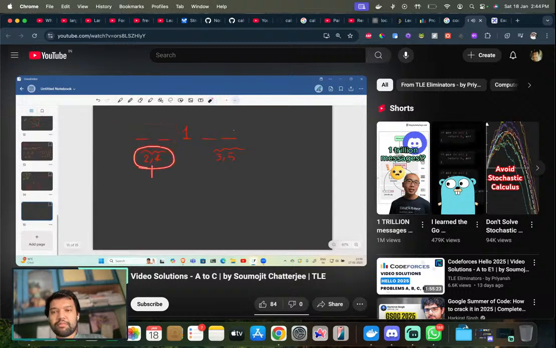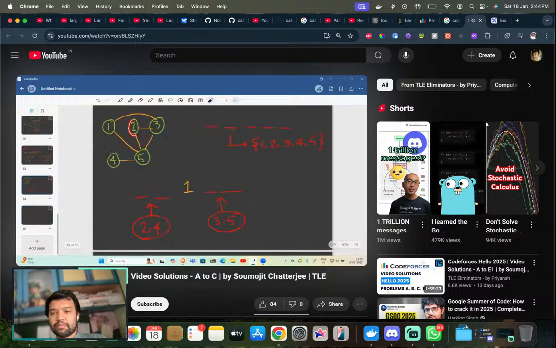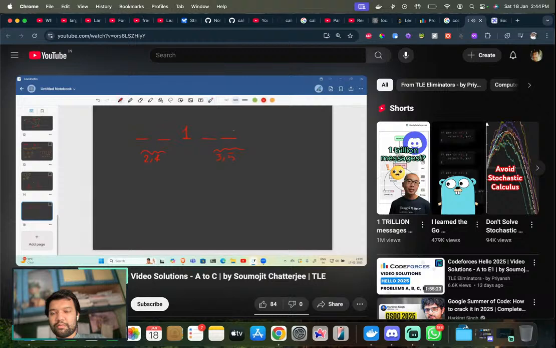I know that there are 2 possible elements, 2 and 4. Always look at the minimum element. The minimum element is interesting. So look at 2. Is 2 a neighbor of 4? No. So 2 is not a neighbor of 4. That means 2 must have come to the right side of 4, right? Why so? Because if 2 would have come here and then 4 would have come, then there would have been